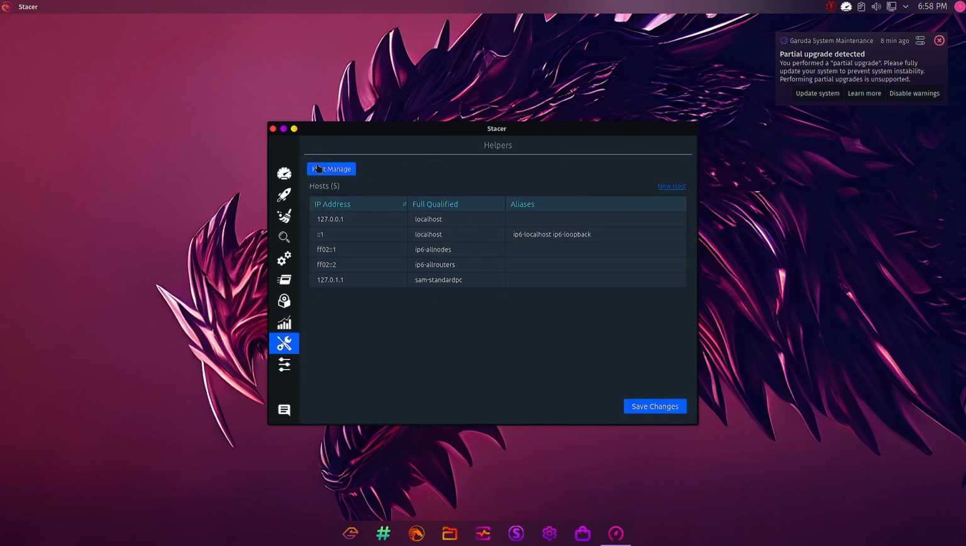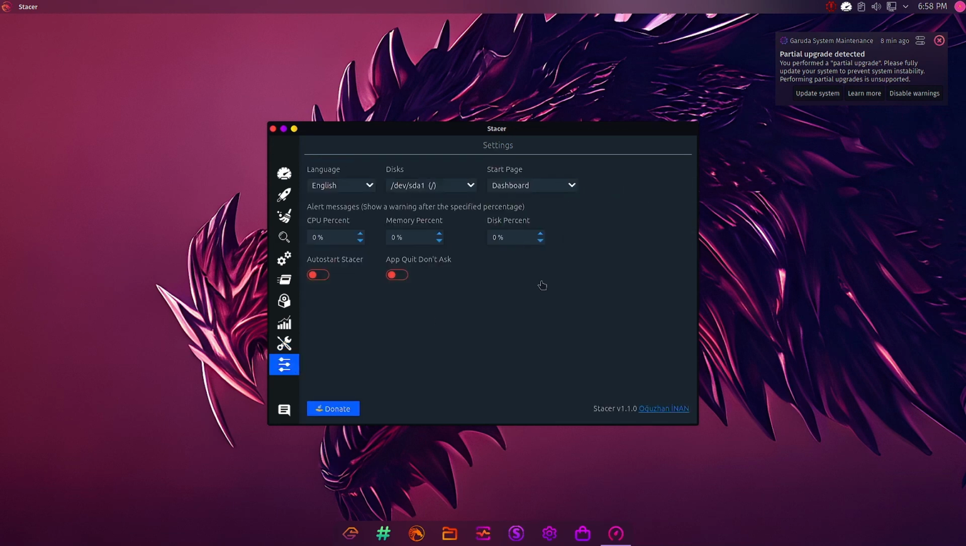Then what is this? So this is the host management. You have to manage your IP address from here, and the loopback interface is shown here. You can see it here. And this is